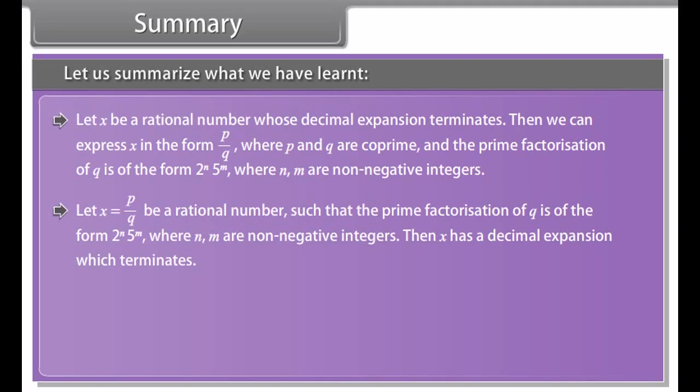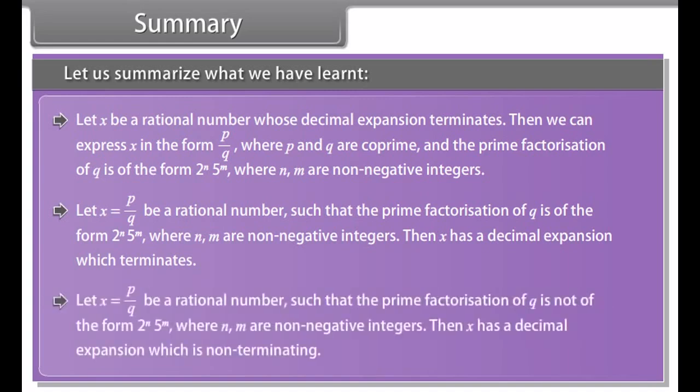Let x equal p upon q be a rational number such that the prime factorization of q is not of the form 2 raised to the power n, 5 raised to the power m, where n, m are non-negative integers. Then x has a decimal expansion which is non-terminating, repeating, recurring. Let us now write the decimal expansion of 17 upon 8. Similarly, the decimal expansion of 15 upon 1600 is